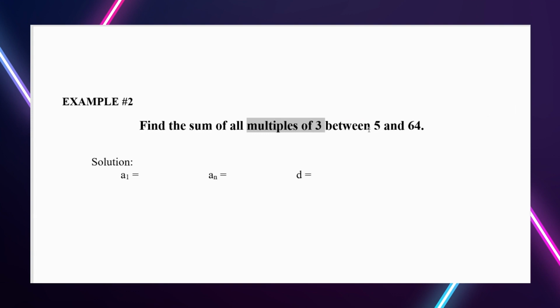Dahil may word tayo na between, ibig sabihin ay sa pagitan ng 5 and 64. Ano nga ba yung mga numbers sa pagitan ng 5 and 64 na nidi-divide ng 3 without remainder? So, i-illustrate muna natin yung ating sequence. So, therefore, we have